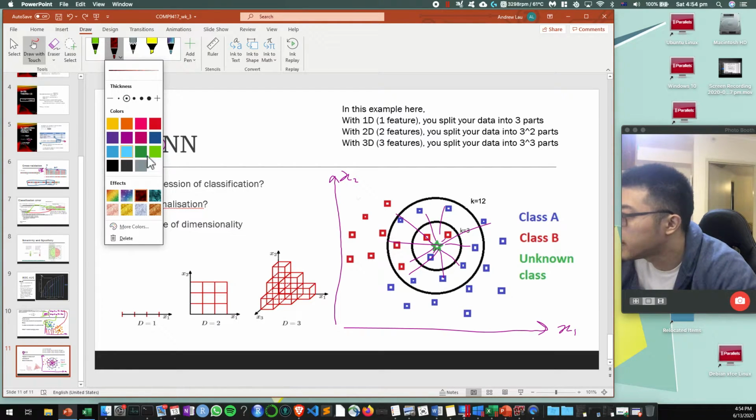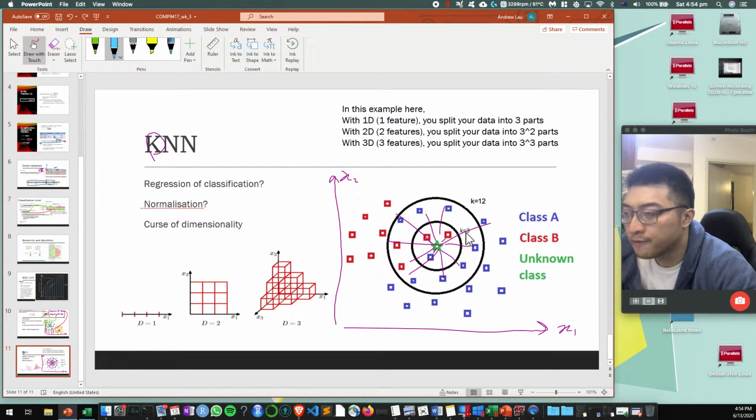You'll then find, say for example, k is equal to 3 nearest neighbors. You'll then find the 3 closest observations, right? In which case, your classification will be the most popular. So there's two, I guess, red guys here. So we'll call it class B. So when you use k nearest neighbors